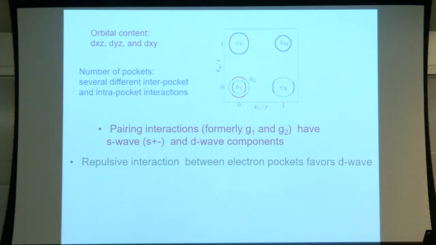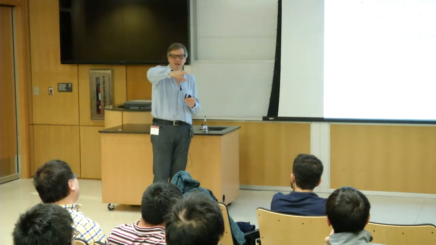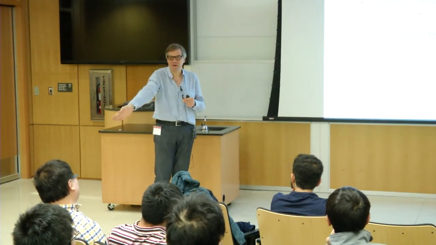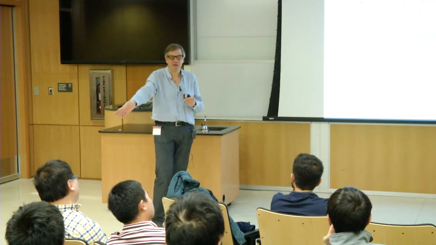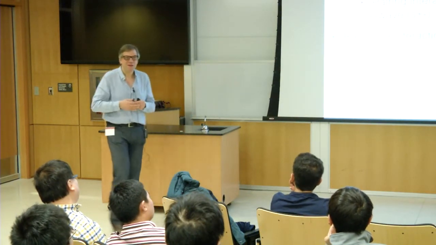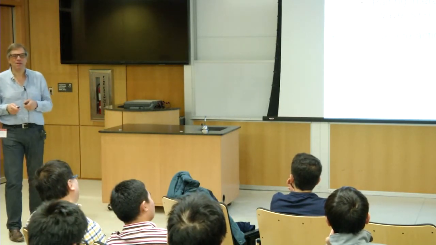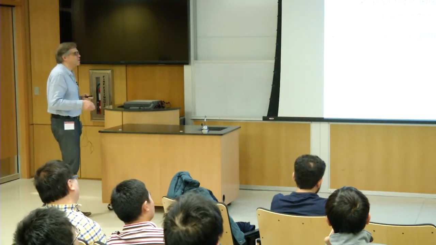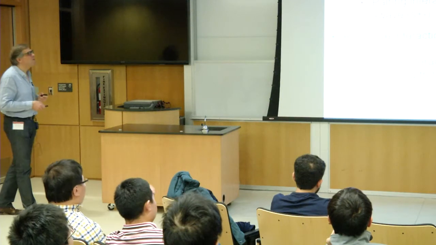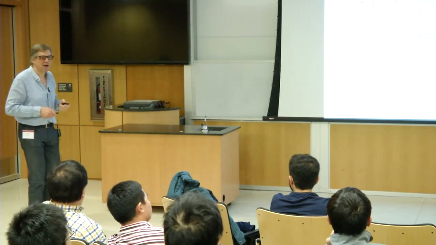Always do this. Put your finger in the center and then rotate by 90 degrees. Your gap changes sign, right? You go from one electron pocket to the other. If the gap changes sign when you rotate by 90 degrees, the gap symmetry is D wave, right? So this would be D wave. So this and the angular dependence of the interaction forced a lot of discussions about possible D wave. And so there are systems for which there are still claims that they are D wave